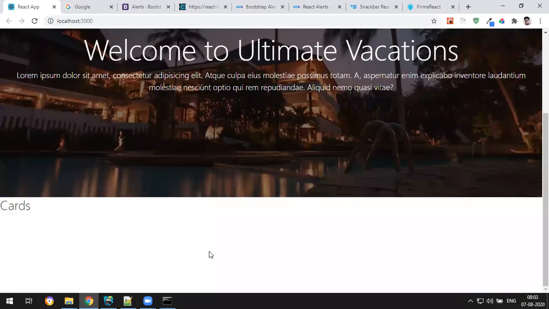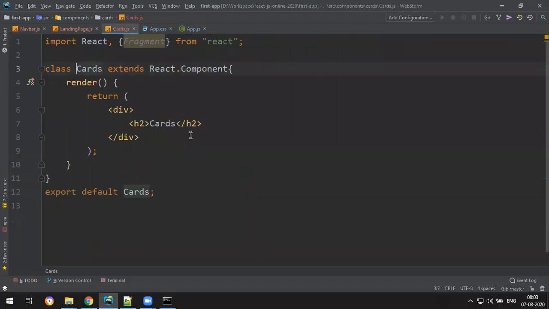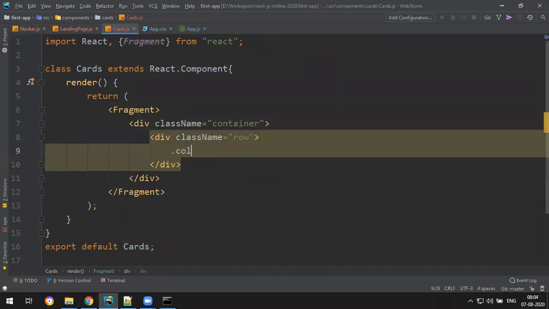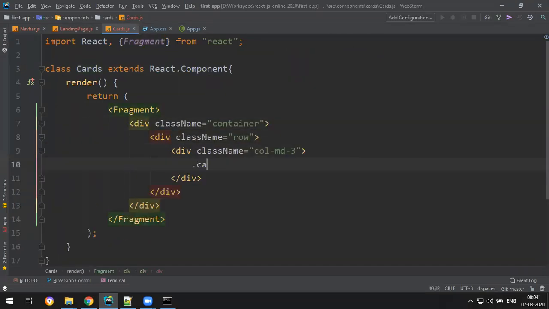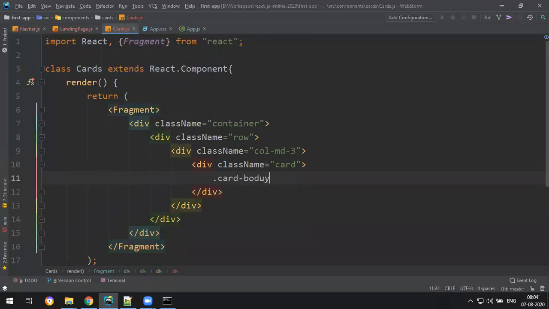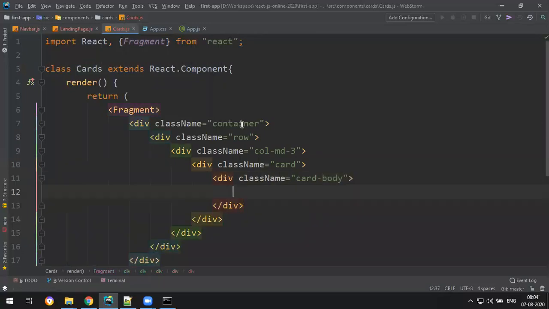Let's make some cards now. Same as what we have done just now, the cards and all. And here I want to be a fragment. Okay. So here you write one container, one single row, and col-md-3, one card, card body, and we need to have images. How to get images?